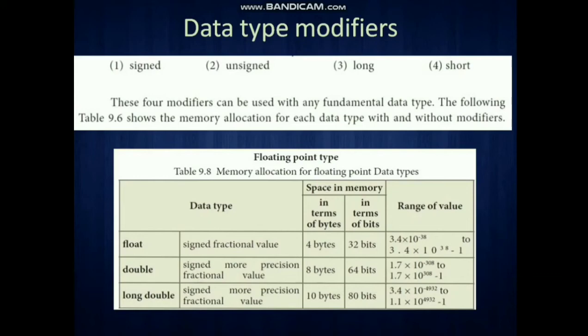For what purpose do we learn all this? To know how memory space is allocated in our computer memory: 4 bytes, 8 bytes, 10 bytes. Long double will allocate 10 bytes in our memory. Double will allocate 8 bytes. Float will allocate 4 bytes. So all this concerns memory allocation in a computer system. Before processing, it allocates the space first, and only after executing does it store the values in that allocated space.